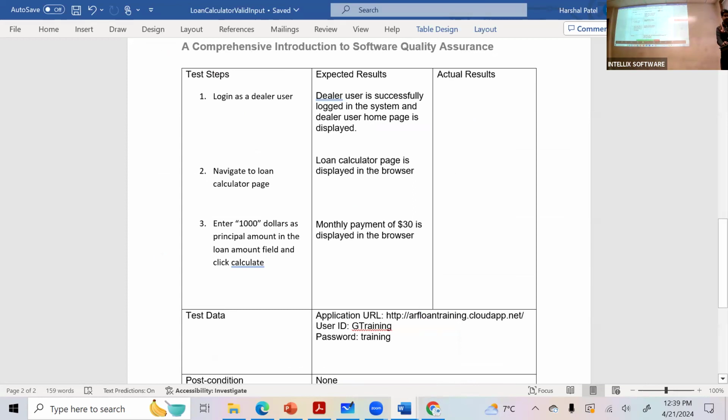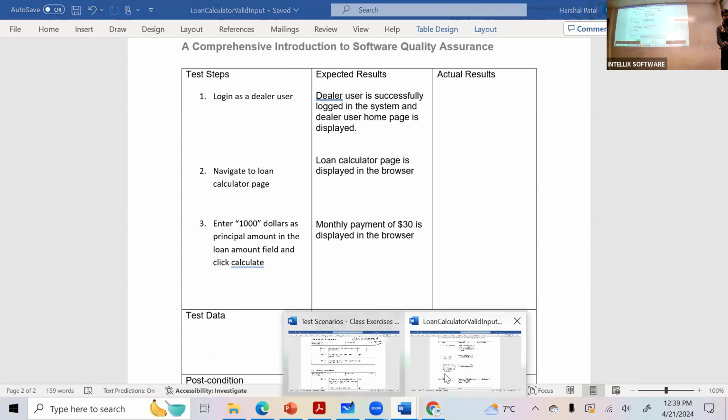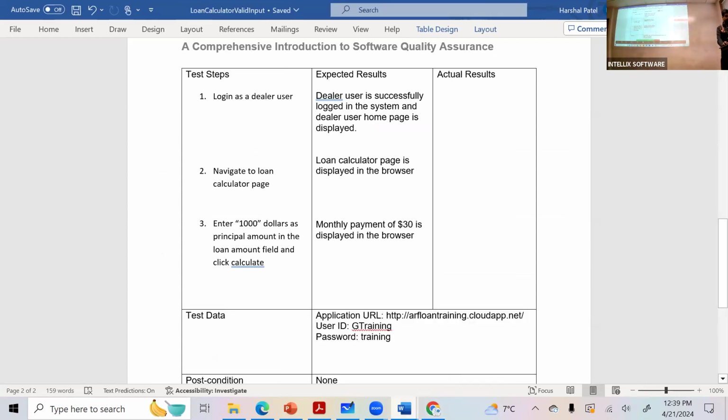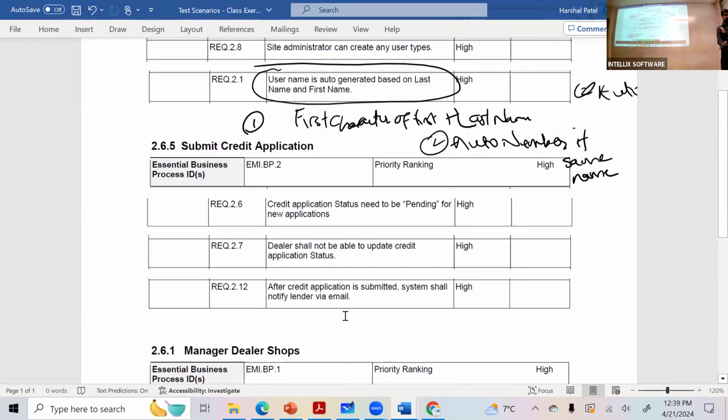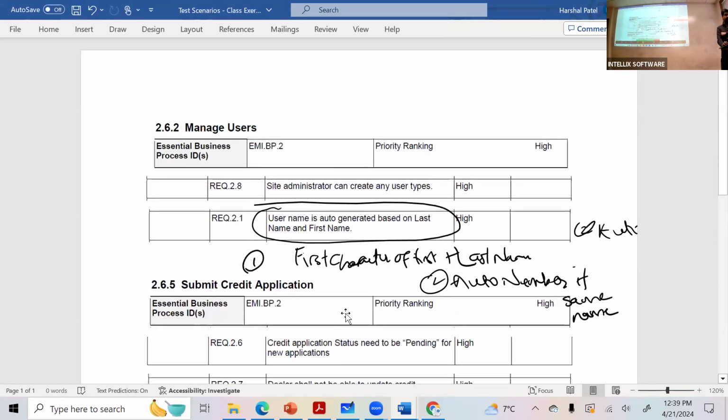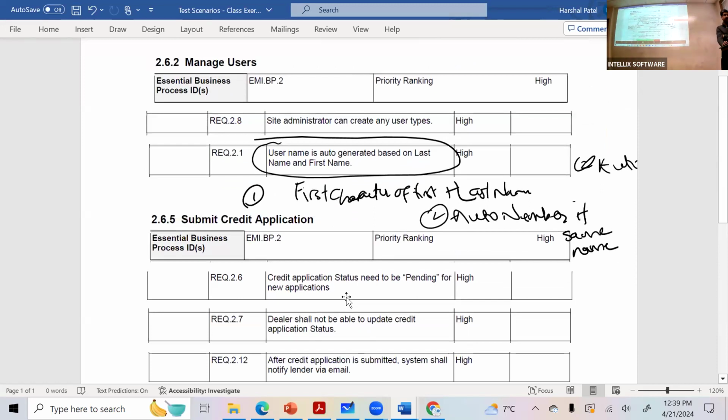Okay, now let's talk about which ones you're going to write. One is the use case for auto generation of username, valid username. Just one test case. We came up with at least 4 or 5, so I think you just pick one and write the details step by step.